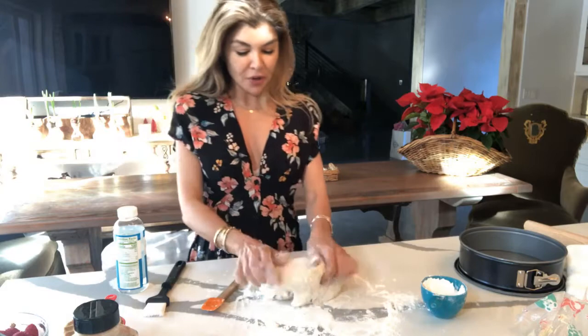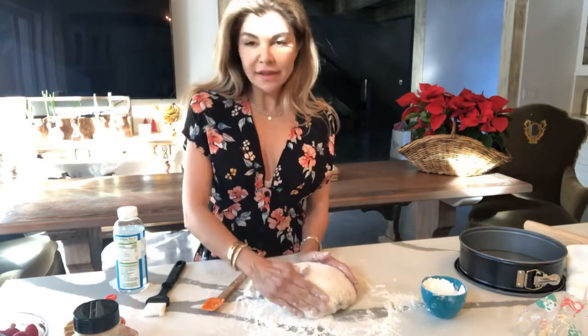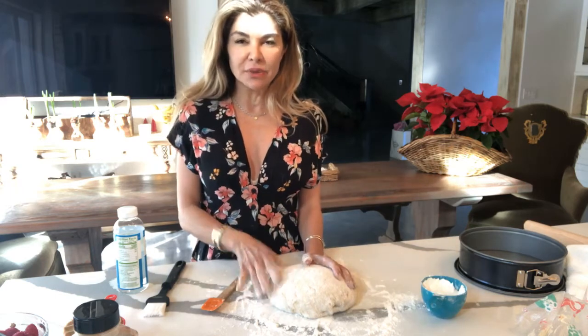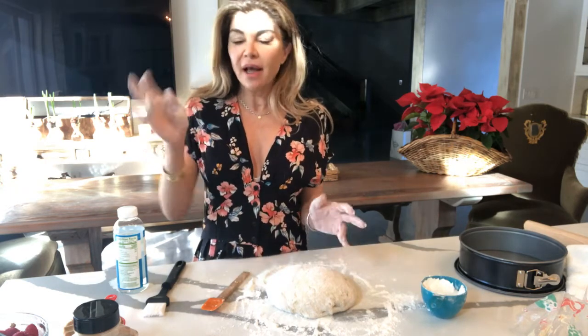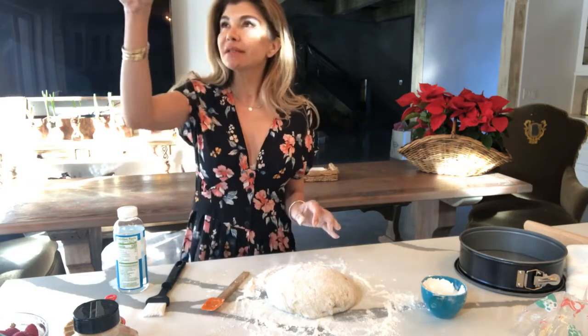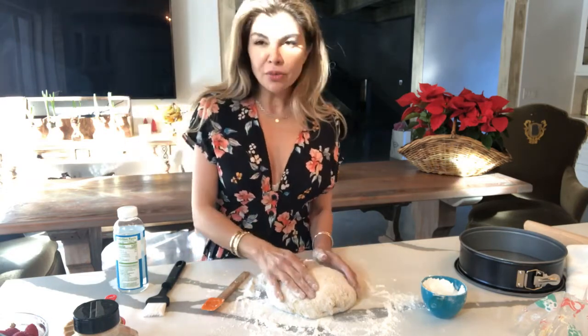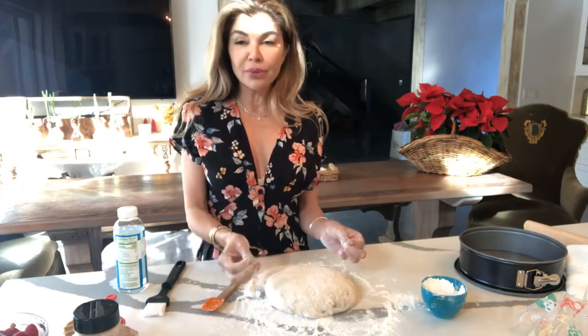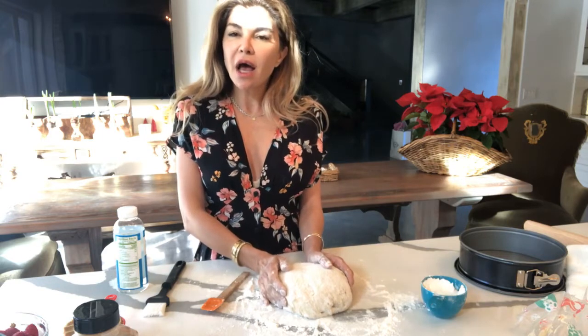That's better, okay? And once it all becomes about 113 degrees, or lukewarm, I put my ring finger in there. Sorry, it's coming through the skylight. It'll move in a second. Once it's 113 degrees, you add 3 teaspoons of